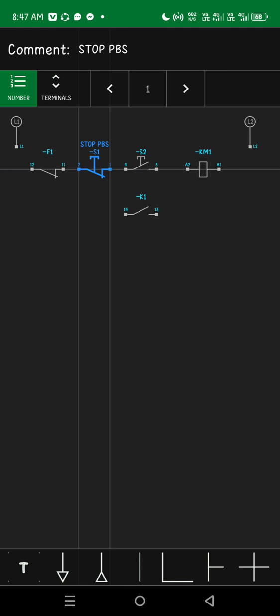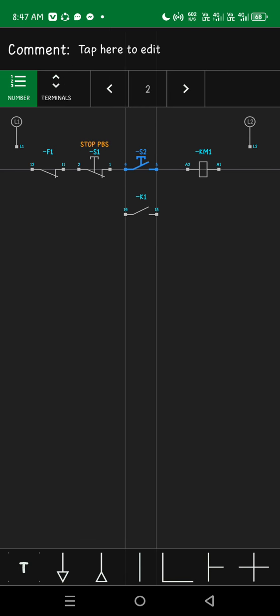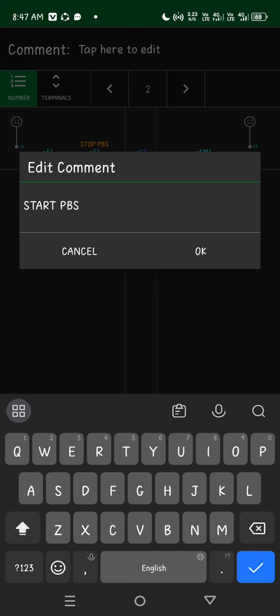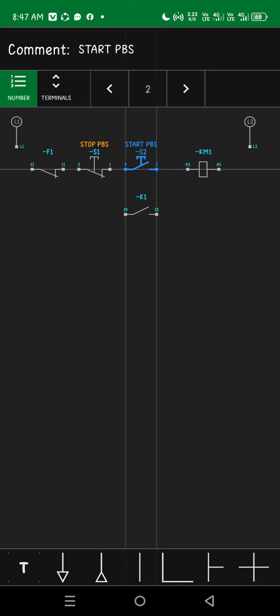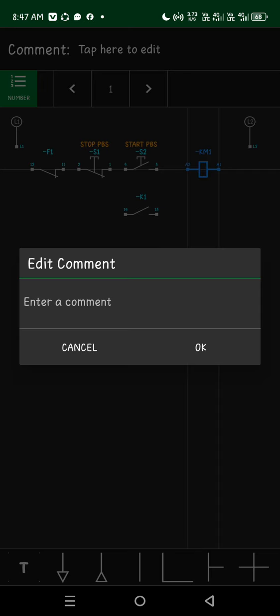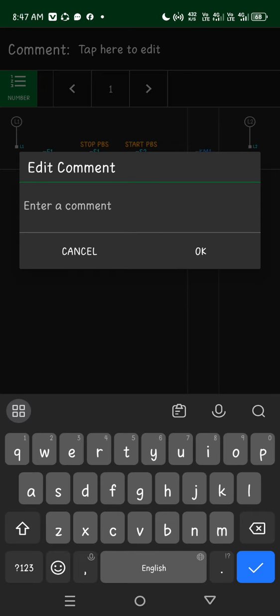Then another one, we have to tap here to edit, then put start push button switch. Then click OK. Then the key M1, tap here to edit and put MC or magnetic contactor coil. Then click OK.